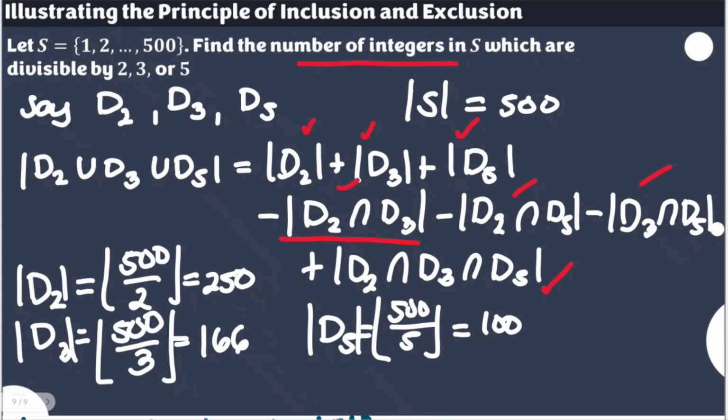So this will be true for similar situations, unless the integers here are defined differently for our set S, and if there are concerns like divisible by 2 but not 3, or 5 but not 2 and 3, and so on and so forth. So this is one of the examples for the principle of inclusion and exclusion.